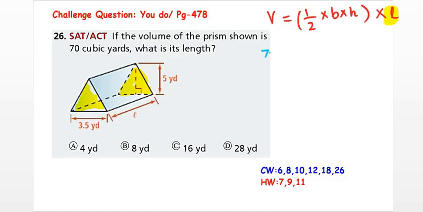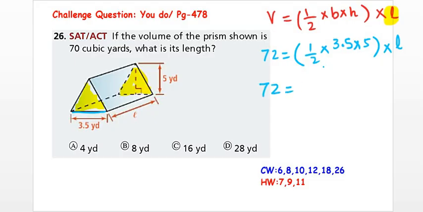What is the volume? It's 72. Now what, half times base times height. What is the base of the triangle? It's 3.5. And what is the height of the triangle? It's mentioned here. It's 5. And then you will multiply it by L. So 72 equals, now let's see what is the answer for this bracket. So it's becoming